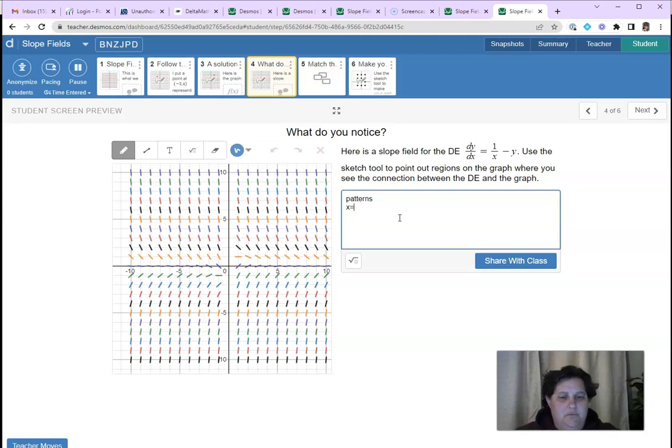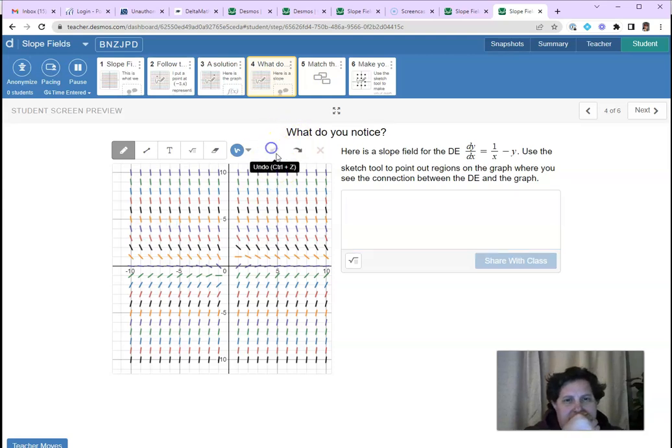For example, we're looking at patterns. So what happens when x is 0, for example, right? What happens when x is very large? What happens when y is 0? Stuff like that, and then talk about it, point it out on the graph or whatever for that. Okay? And then,